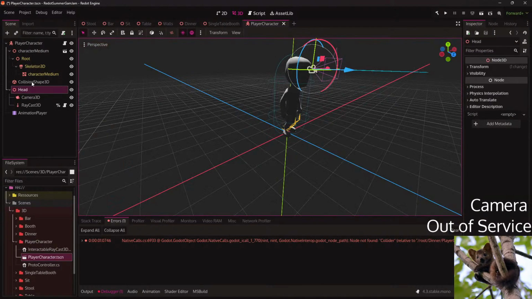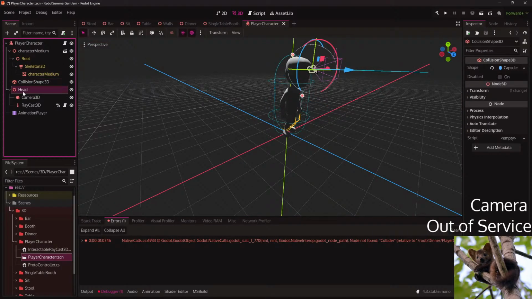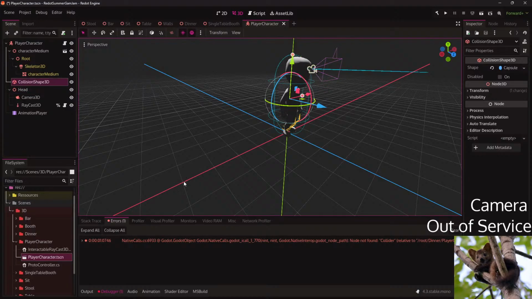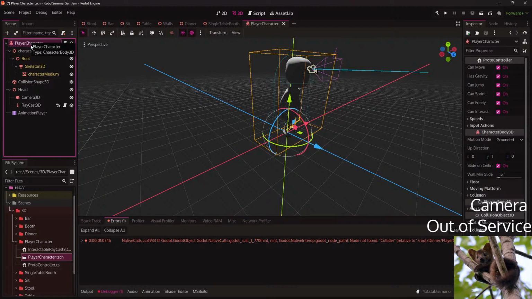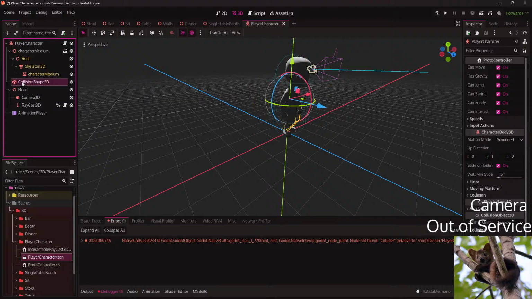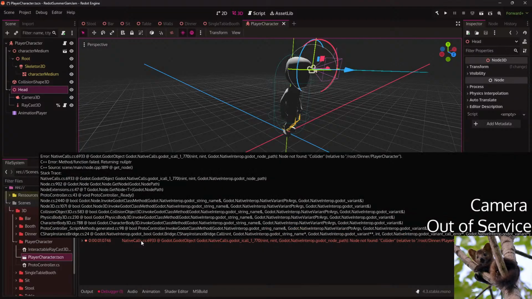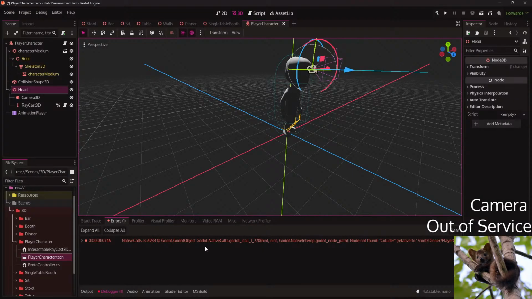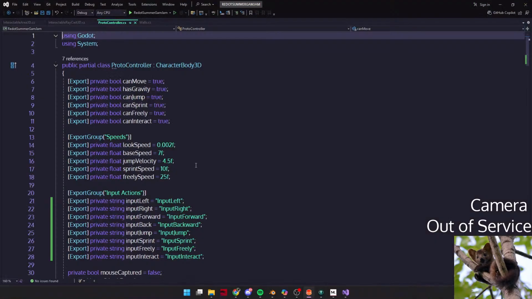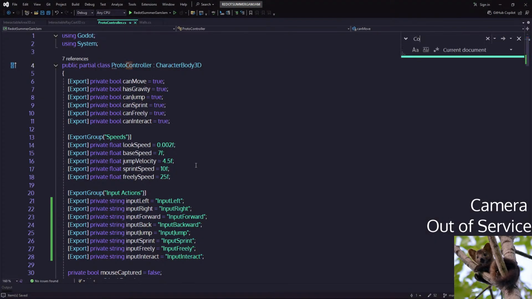What do you mean? Native code.cs. Node not found. Collider. Am I looking for a node collider?